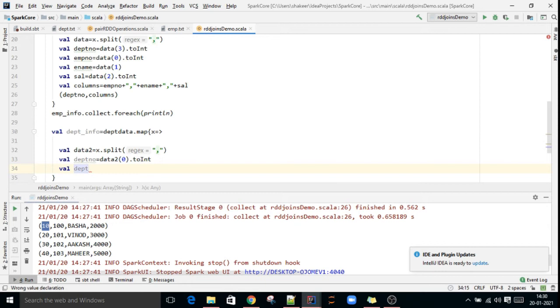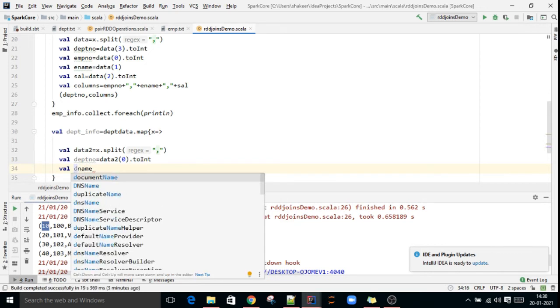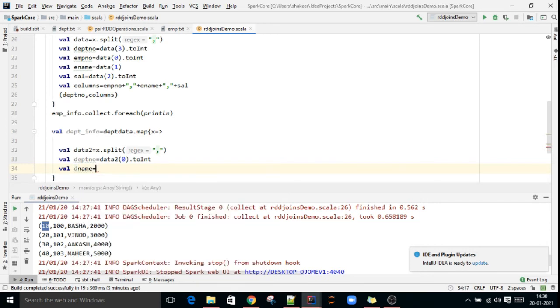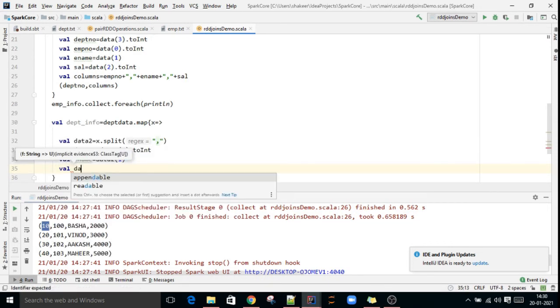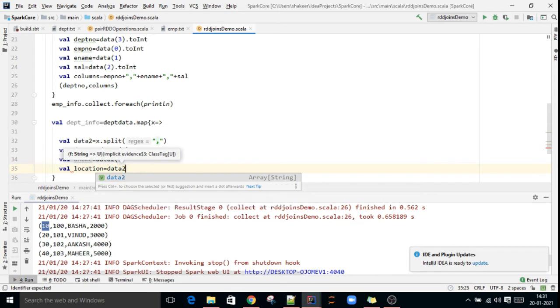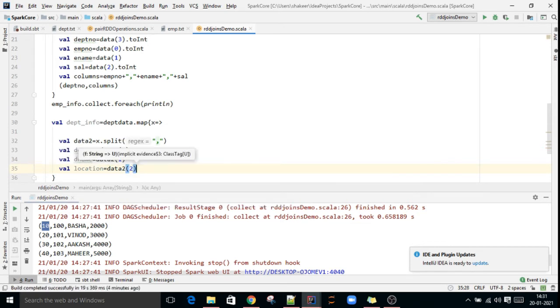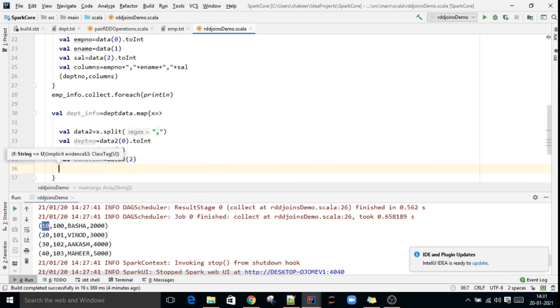Val dname equal to data 2 of 1, val dlocation equal to data 2 of 2, and I'm returning a key value pair.